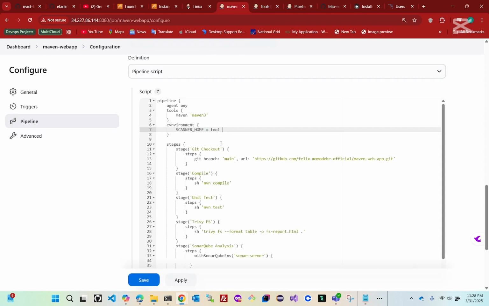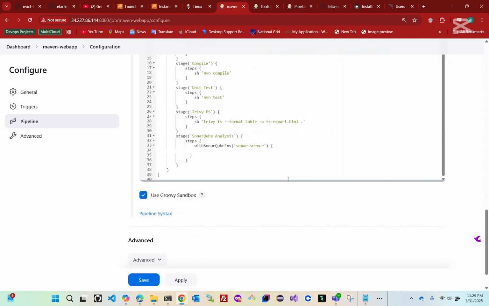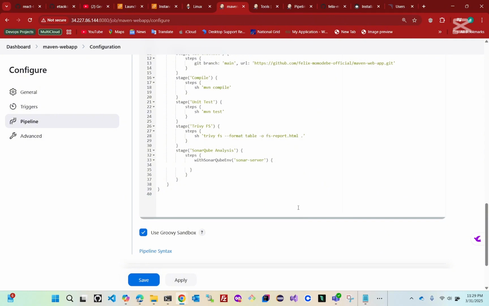That is what you are going to put here in quotes, Sonar Scanner. So you are telling Jenkins, whenever you want to use the scanner home, come here and look for this name. Okay, so when you do this, you can now go back to your stage and define that